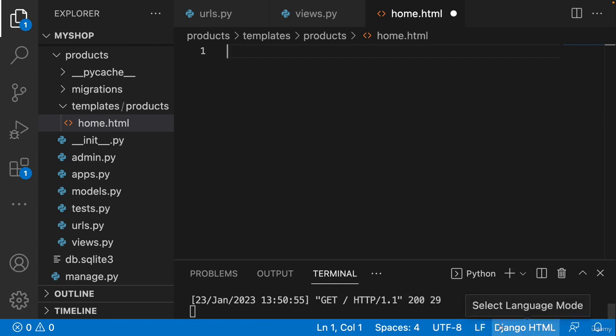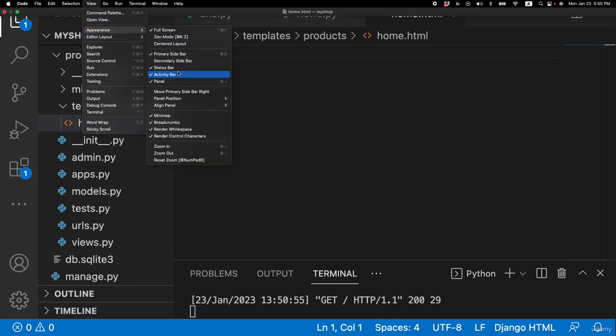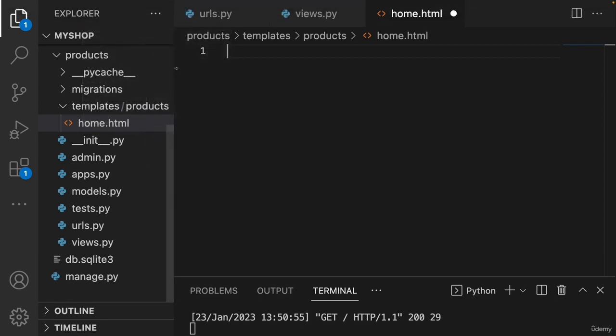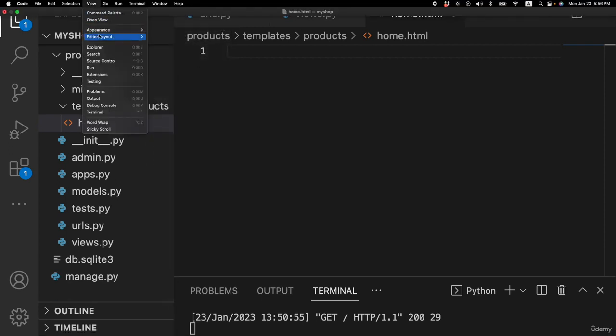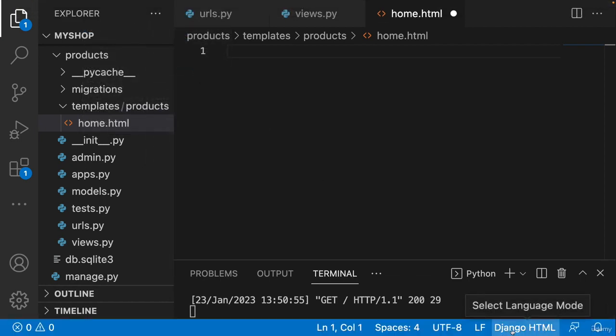And the problem here is that if you look at the blue bar here. If you don't have it, you can come here to view, appearance, and I think it was a status bar, right? Yeah, it was a status bar. Okay. If you don't have it, you can turn it on from here. And if you look here, the language is Django HTML. It's not HTML alone. And the reason is because as we go forward, we are going to write Django inside our HTML file. So it should be on this,